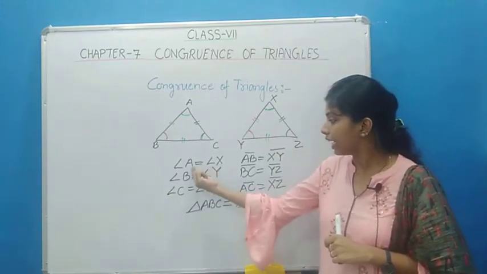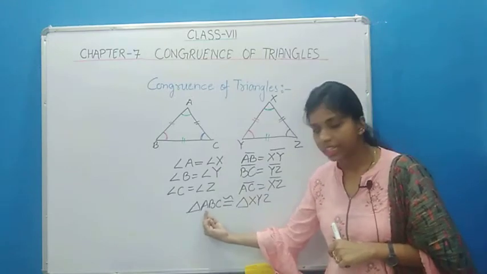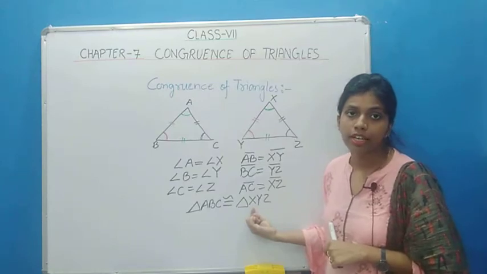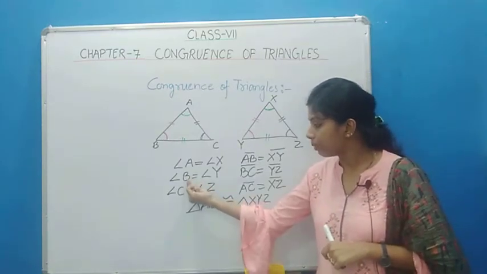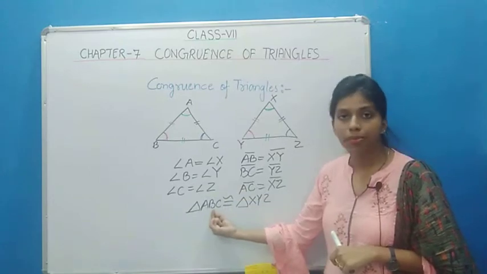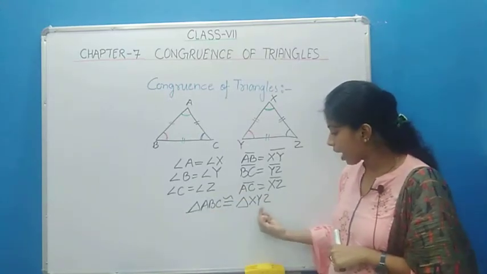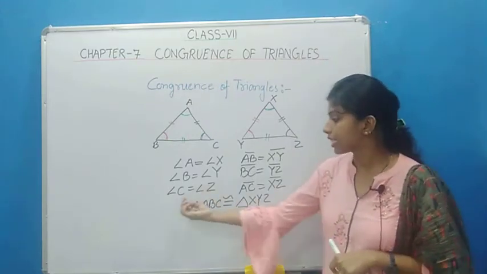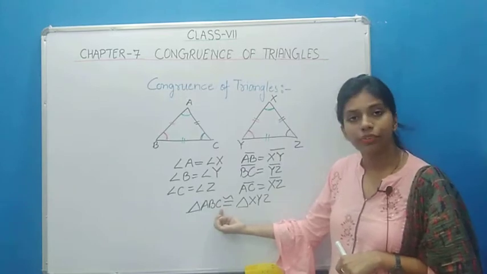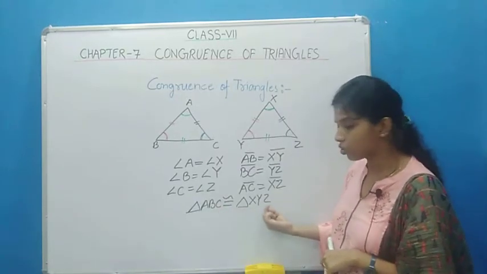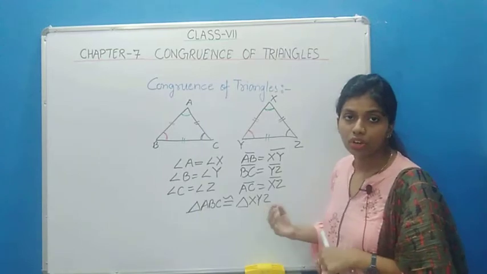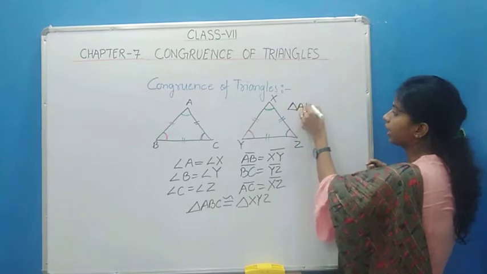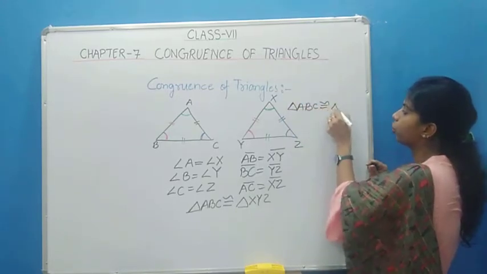Like if A is equal to X, then if I write A at the first place here, then we also write X at the first place. Okay, similarly angle B is equal to Y. If B is the middle of ABC, then Y is also going to be the middle of XYZ. Similarly C is equal to Z, so if we write C at the last, then Z also must be at last.